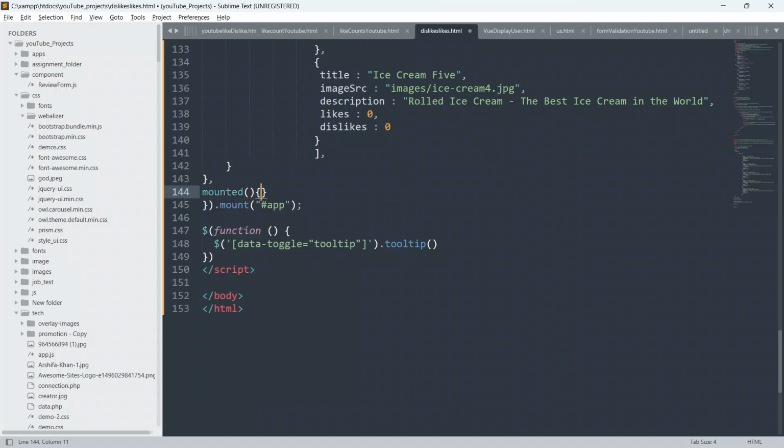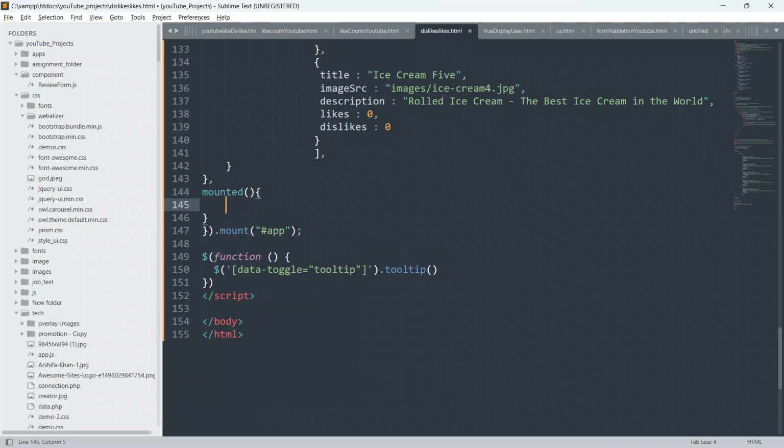Open curly braces, and we will add a comment: load like and dislike counts from local storage.